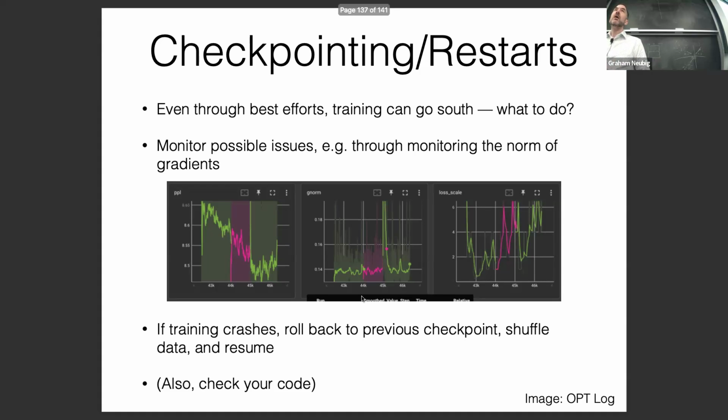Another thing though is you should also be checking your code. Ideally, if you have really solid code that doesn't have any sort of dangerous functions in it, and your learning rate is set appropriately, this happens much, much less. So if your model training is spiking all the time, then this could be an indicator that you have a problem. Just to give an example, let's say you're taking an exponent,